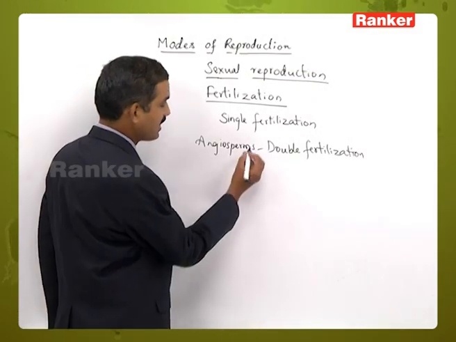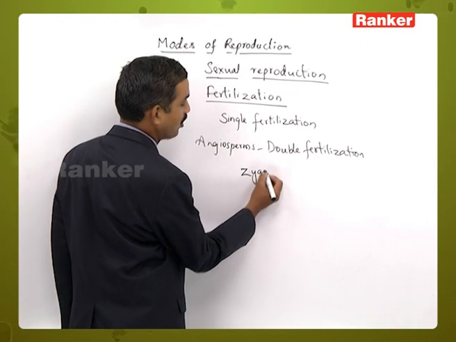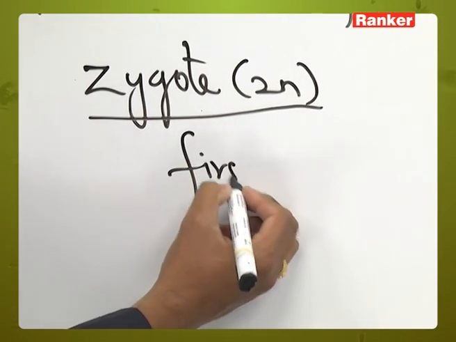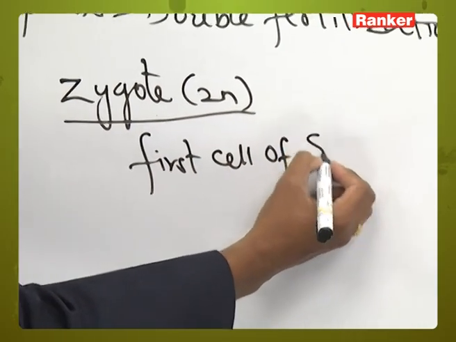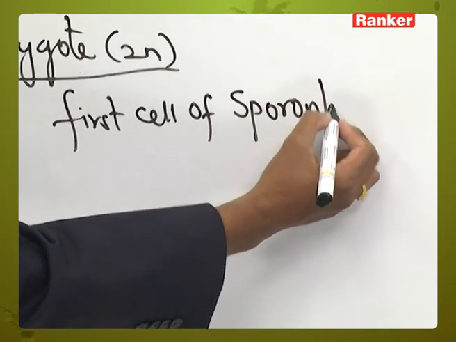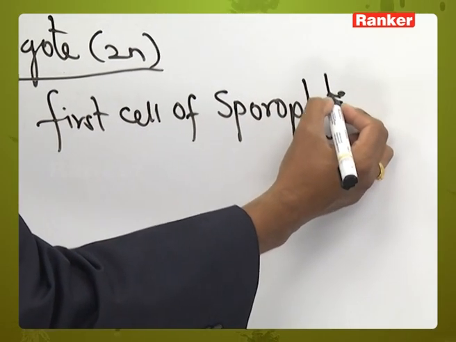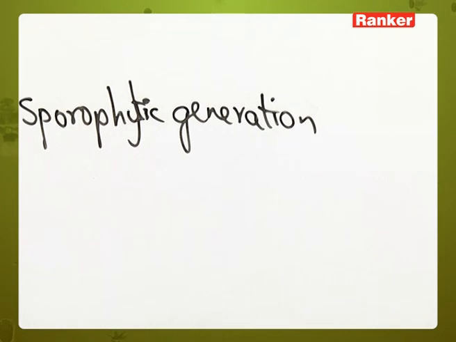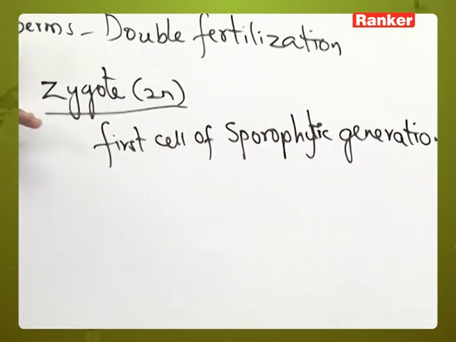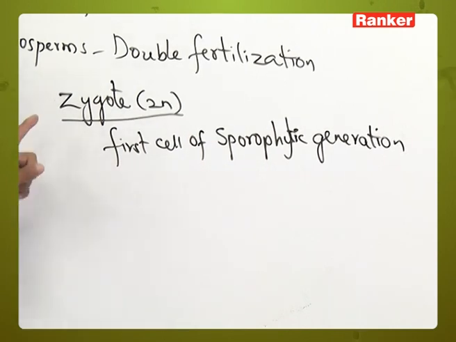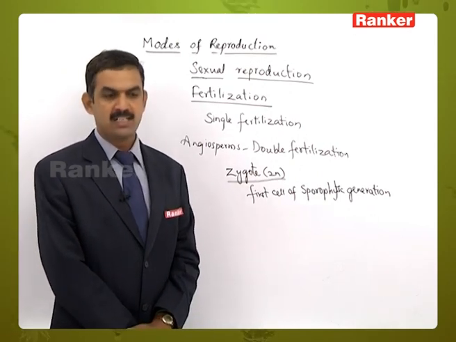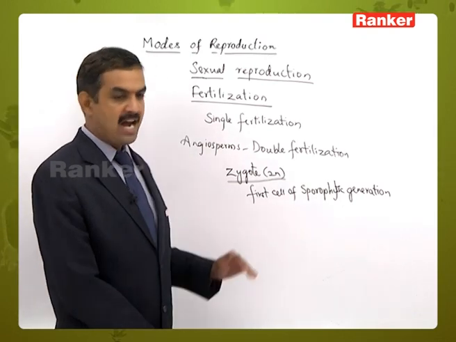And once fertilization takes place, it results in a diploid structure called the zygote, and the zygote is considered the first cell of the sporophytic generation. If the plant body is haploid, the zygote will undergo meiosis. When the plant body is diploid, the zygote will undergo repeated mitosis to form the embryo. That step is called embryogenesis. And before that, there